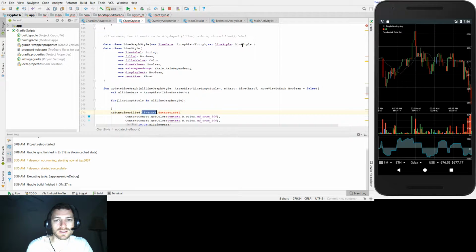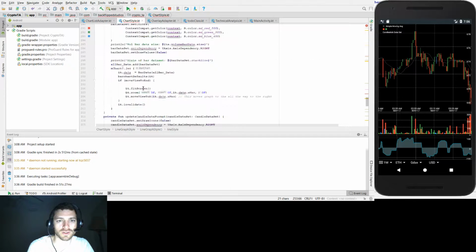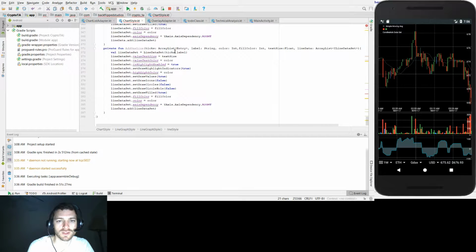So just line style, which has all the pieces in it that it needs, the ticks, and then the line style, and that's the output right there. So line style will have line style dot label, line label, and